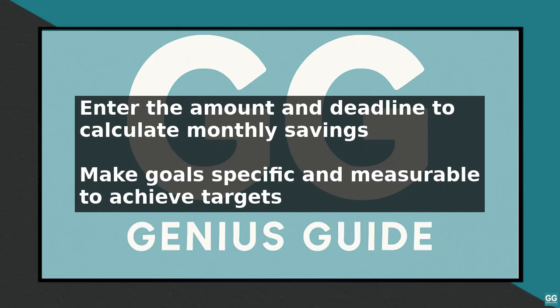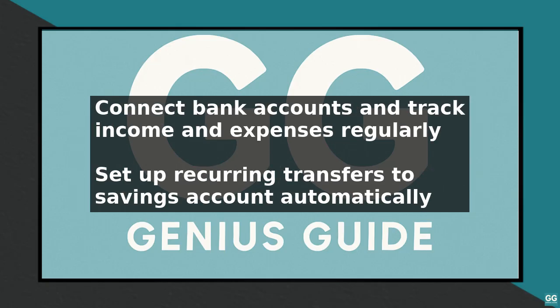Additionally, consider setting up multiple goals to prioritize your savings. For instance, you may want to prioritize building an emergency fund over saving for a specific purchase. By following these steps and using Pocketguard effectively, you can create a personalized savings plan that helps you achieve your